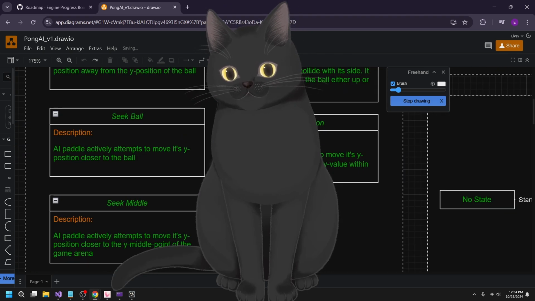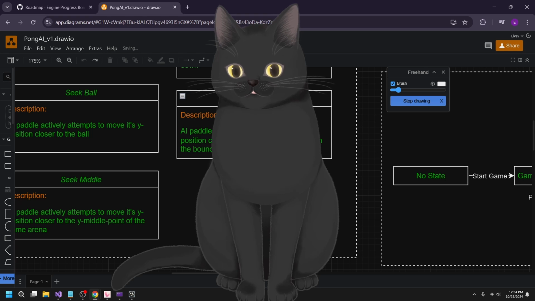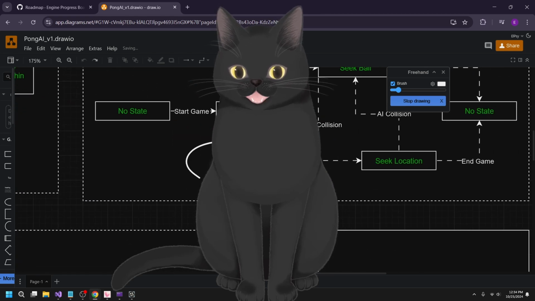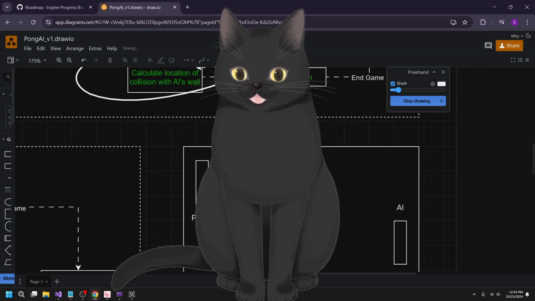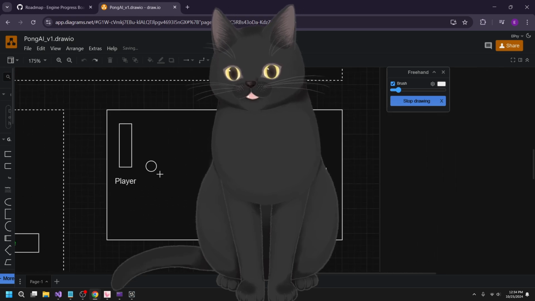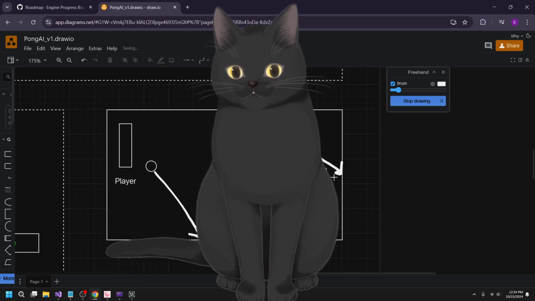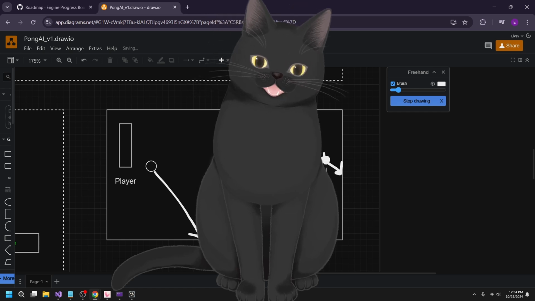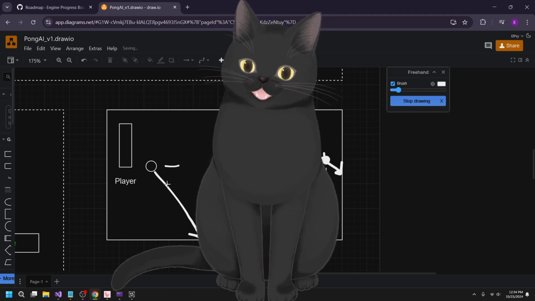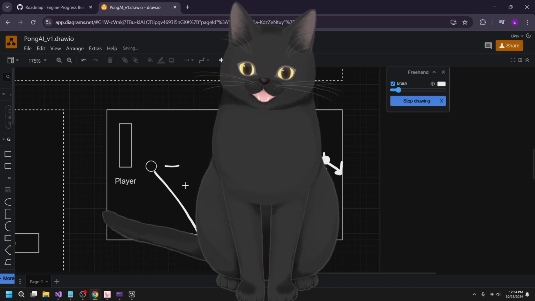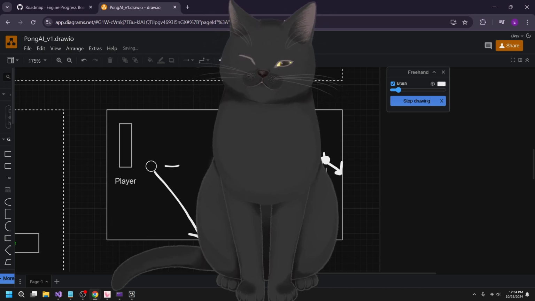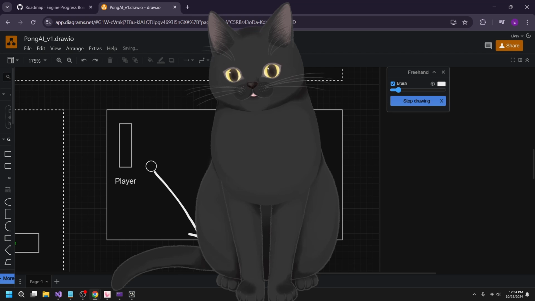And then the seek location is the same thing, except we provide an arbitrary Y location. So in this case, we're calculating the Y location based on the collisions with the walls. What I mean by that is, we'll do this, right? And then this, and then we'll do this, right? And then we'll walk this back here and go, oh, this is the collision point. And then this is the Y value we'll seek, not this Y value. In this case, it's the same, but it's not necessarily the same, right? So that's what we're gonna need to add.